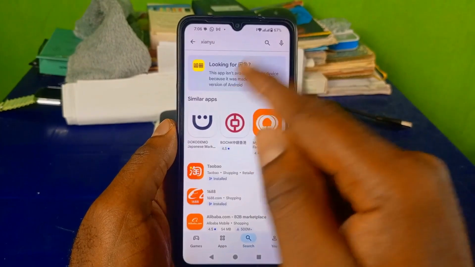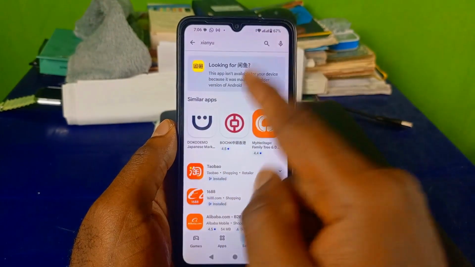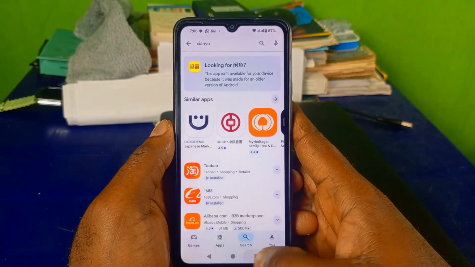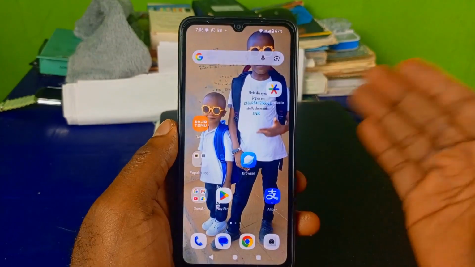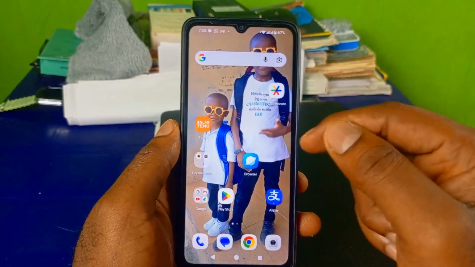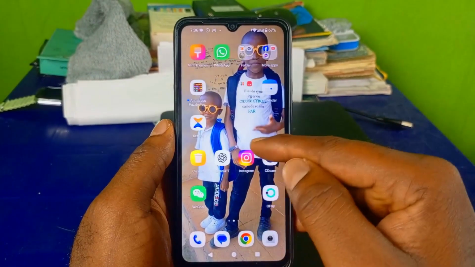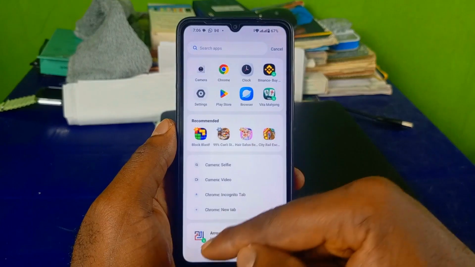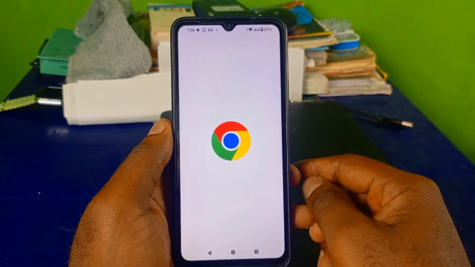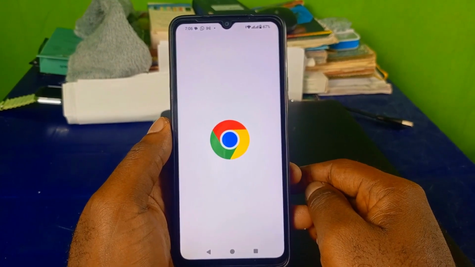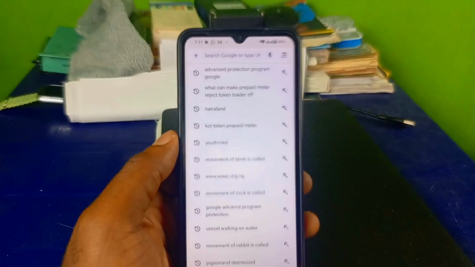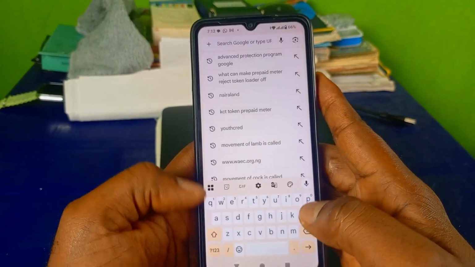So like I said, we're going to see how to bypass this and install Xianyu on our Android phone. What we want to do is make sure we exit from the Play Store, because the app cannot be installed because of the version of this Android phone. Next, we proceed to a web browser. You can make use of the Chrome browser. Go ahead and open up your Chrome browser, and the next thing you want to do is come to the Google search right here and type in